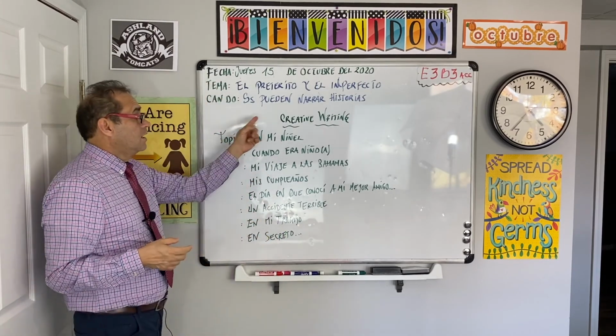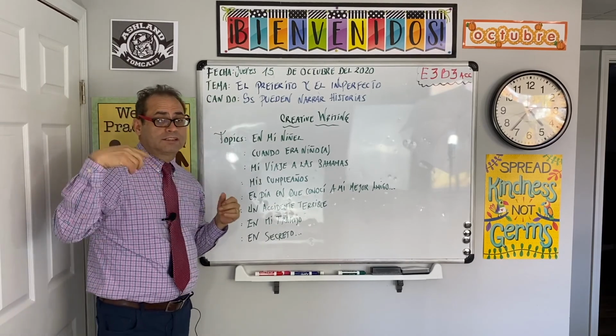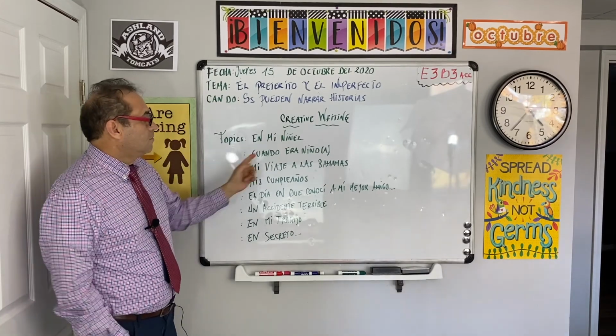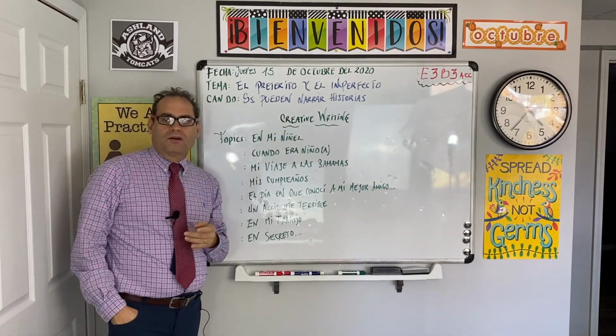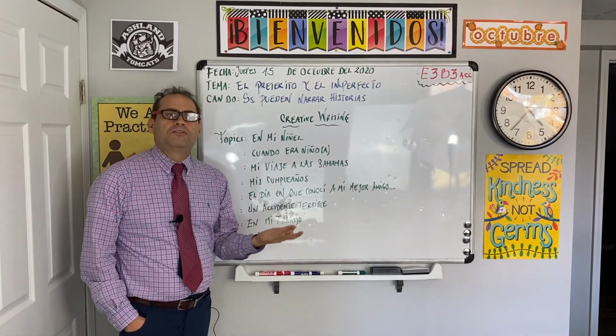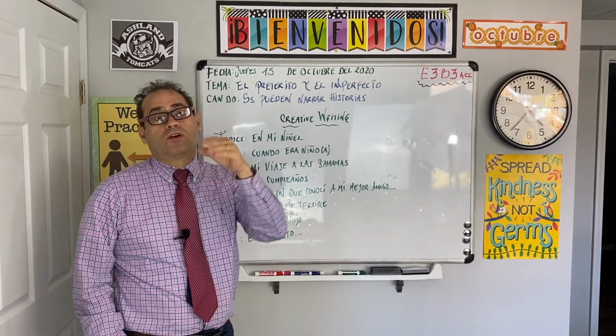Okay? So the first step on this is just to try a short story. Creative writing. Topics: en mi niñez. You're going to tell me something about your childhood, your infancy years. When you were a child, what did you used to do? ¿Qué solía hacer? But don't say solía. You say,